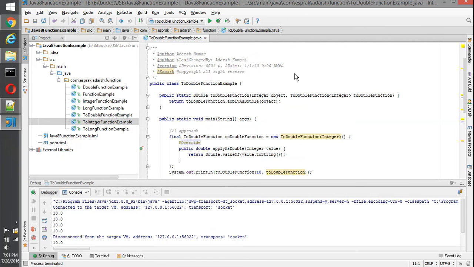Functional interfaces are something which can have static methods and default methods, are annotated with @FunctionalInterface, and have one abstract method. And functions are something which accept some input, do some processing, and provide an output after that processing. That's what the JDK 8 functions are meant for.